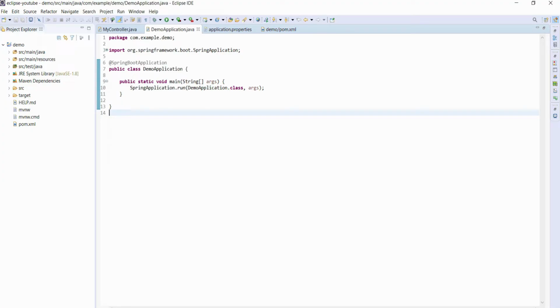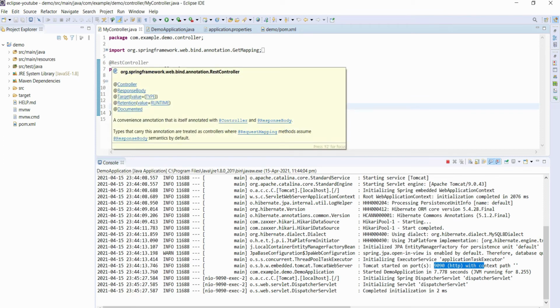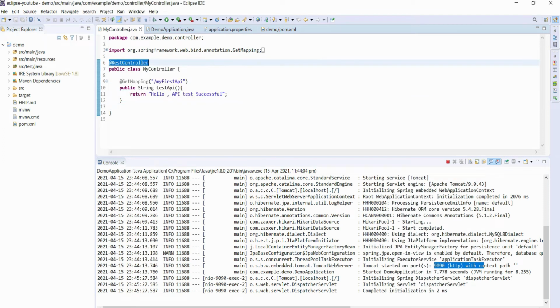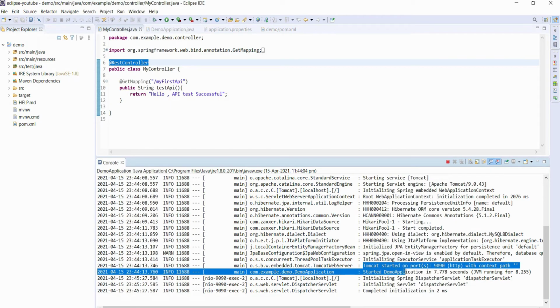What it is basically doing is, when you see that there is one class called MyController, and there I have also used one annotation called @RestController, wherever you use a different annotation in your classes, that has to be brought to the application context. And another thing is, you can see that without our configuration, this Tomcat is starting at port 9090.